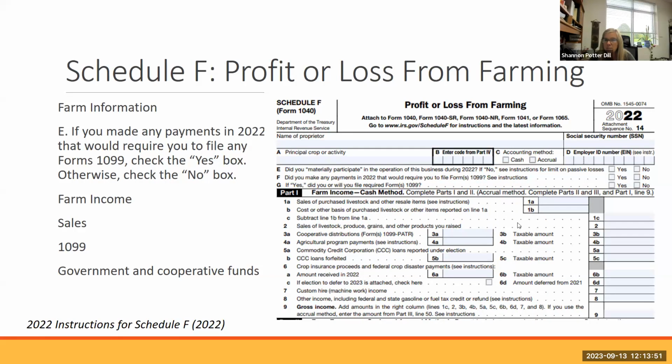So if anyone is part of a cooperative that gets patronage, you could receive those and you would claim and report those in this section. Crop insurance proceeds, any conservation payments, those are all included in here, as well as custom hire or income from machinery work. So those would be the types of income that you may see in this Part 1, and then you would sum it up on line 9 here.